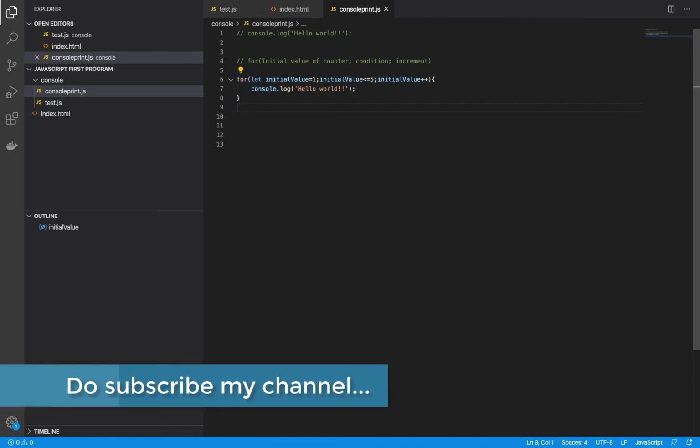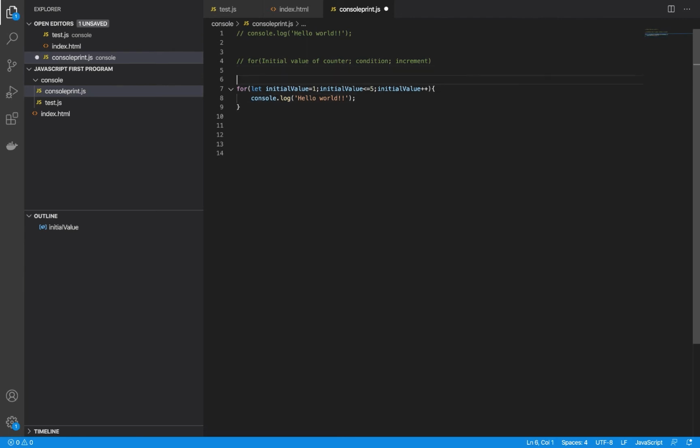So this is also a way of iterating this loop in your forward direction. So it's going from 1 to 5. If you see, the initial value is from 1 and it is going till 5. Now what if I want to execute it in a backward direction? So what to do for that? So I'll just do one thing.